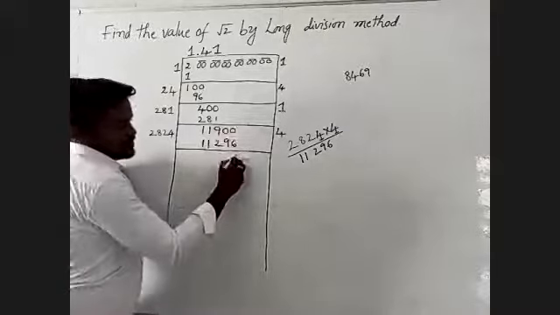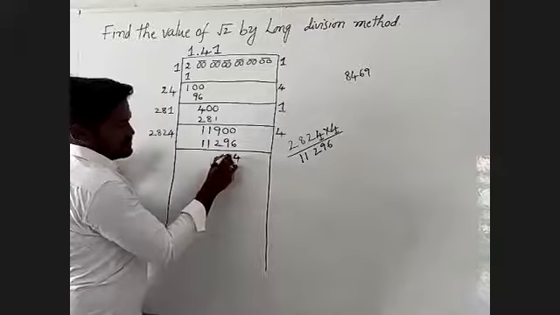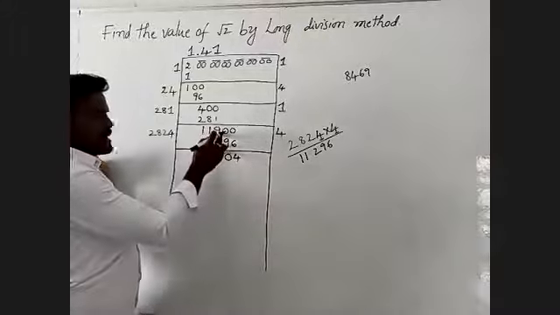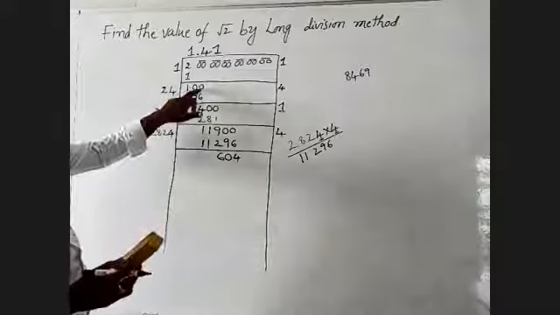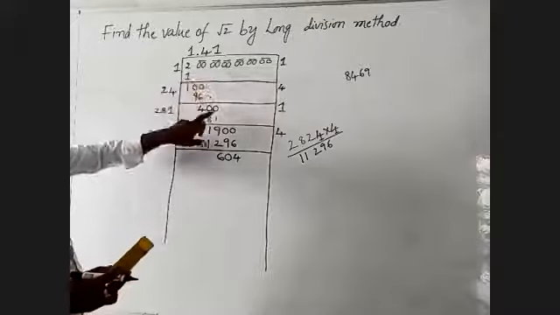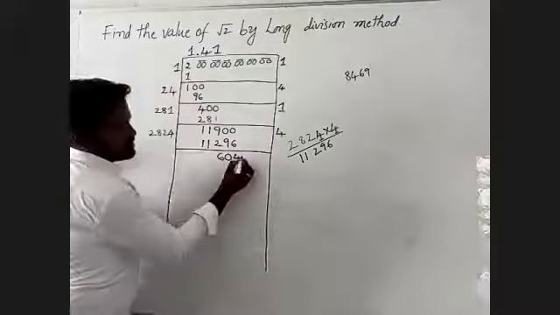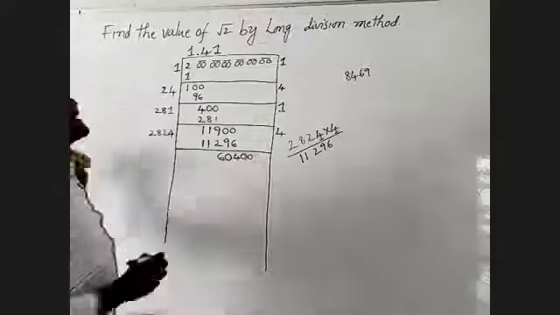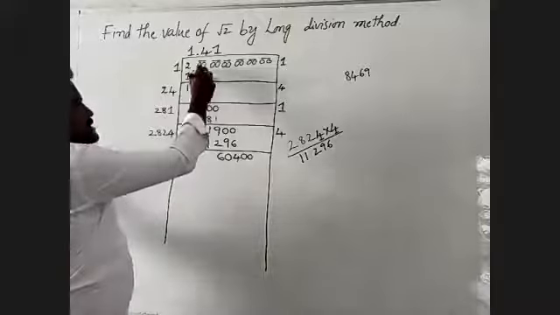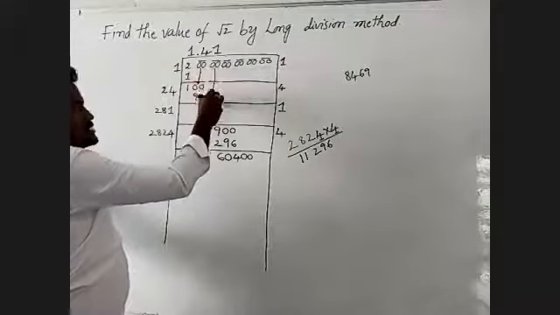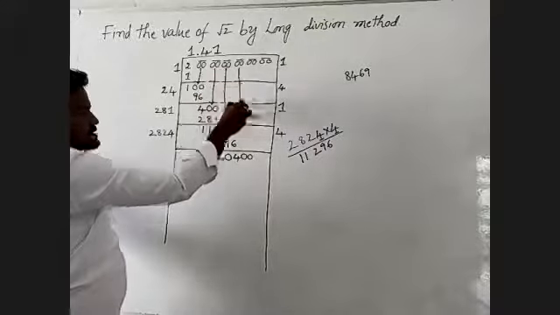10 minus 6 becomes 4. After that, 9 minus 9 becomes 0. After that, 8 minus 2 becomes 6. You will observe that two zeros will be completed. After the two zeros are completed, I will take the next two zeros. This is 1, 2. You will observe. These are two zeros. After that, these will take the two zeros.